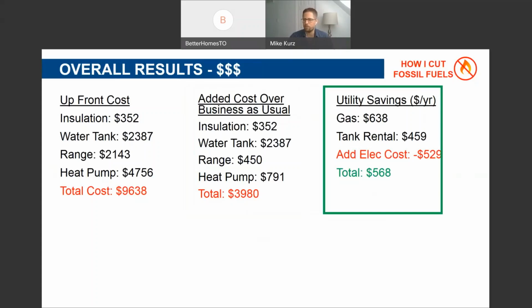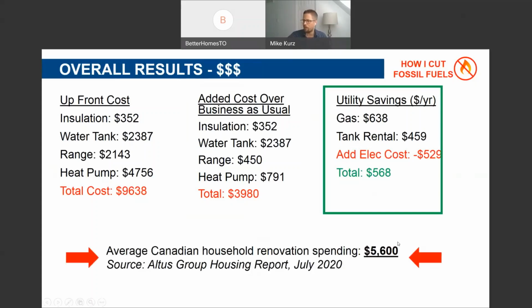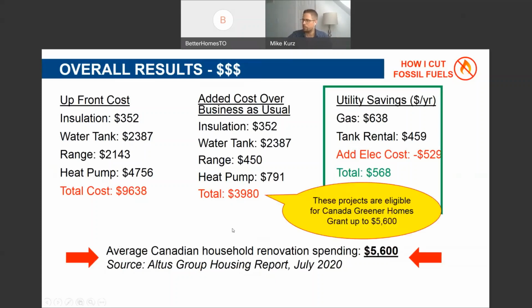installation. I wanted to quickly compare this to the average household renovation spending in Canada, which is about $5,600. So I think that kind of puts these numbers into context. They're not totally out to lunch. And another key point is that, as Ariana mentioned, some of these projects are now eligible for the Canada Greener Homes Grant. So you could actually perhaps reduce your incremental cost into the negative by switching away from gas and have an